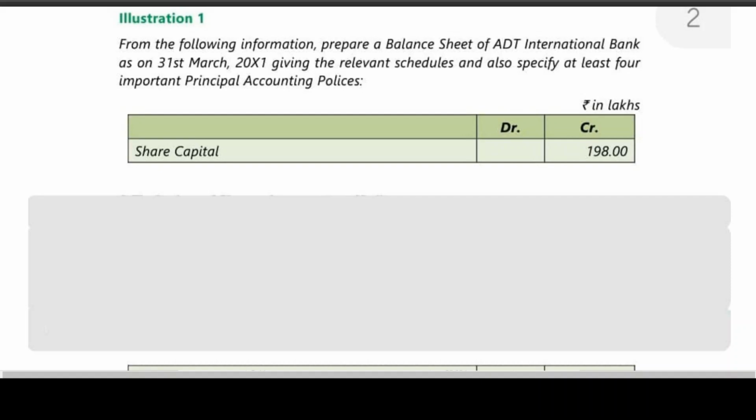Bank final accounts are basically about remembering the schedules. It's only practice. With practice, you can work it out. So, in today's class, I'm going to emphasize two things. One is the CRR. What is CRR here? You have learned this. You recollect yourself. Not capital redemption reserve, my dear friends.